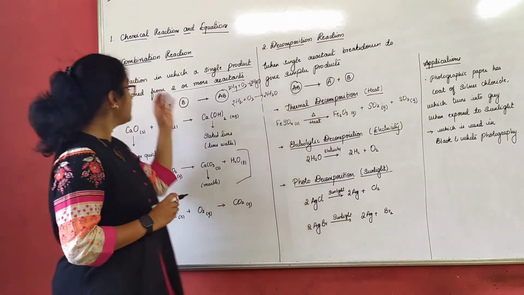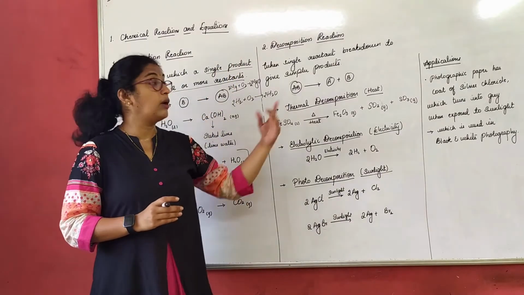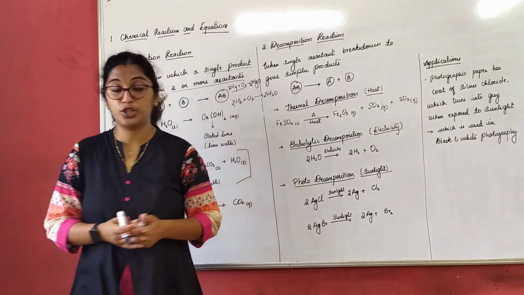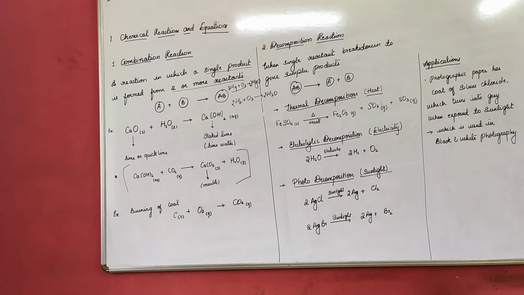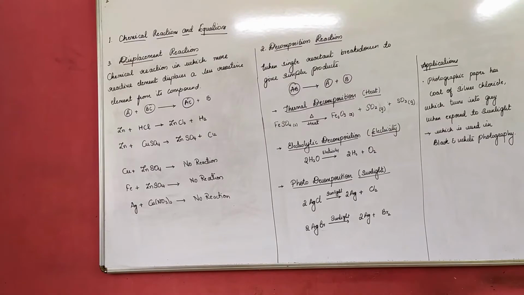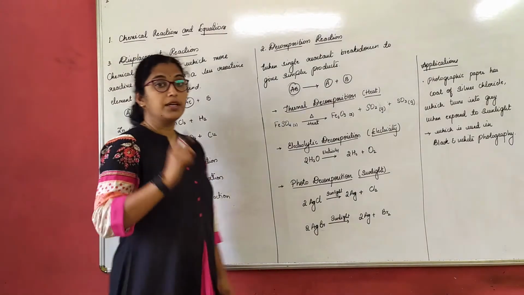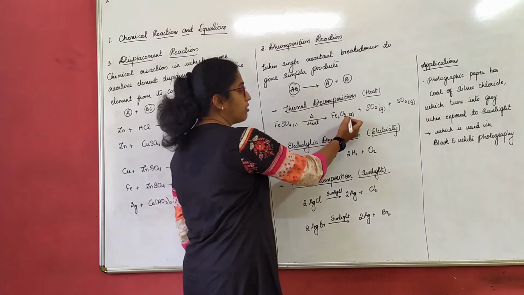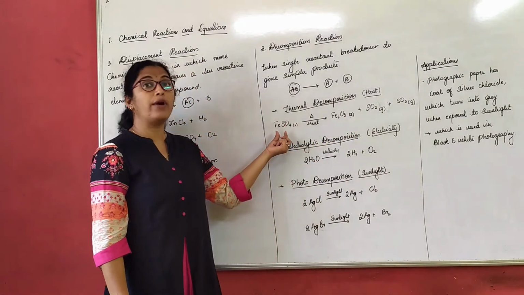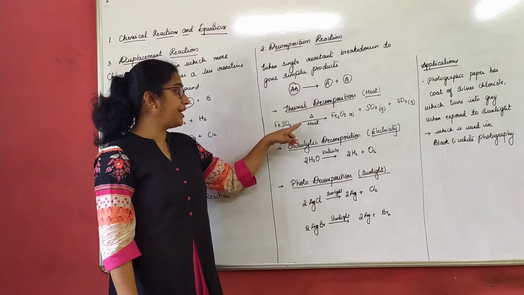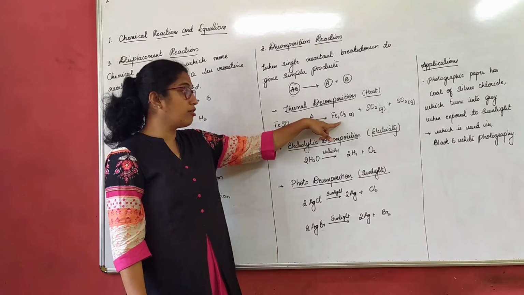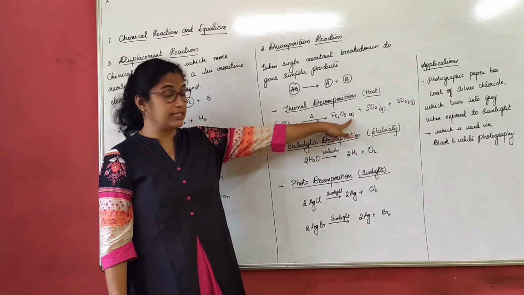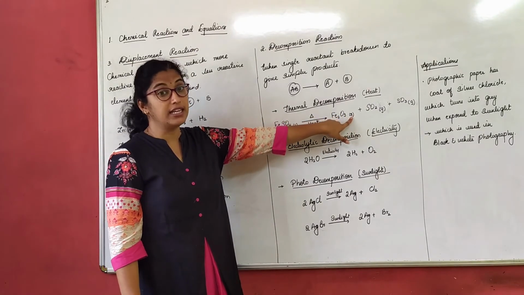So we completed two types of reaction. Now let us see the third reaction, that is the displacement reaction. Yeah, I would like to make one correction here. When we decompose ferrous sulfate by passing heat, ferric oxide is obtained. Ferric oxide is solid in nature, not a gas. I have written gases, so make that solid.